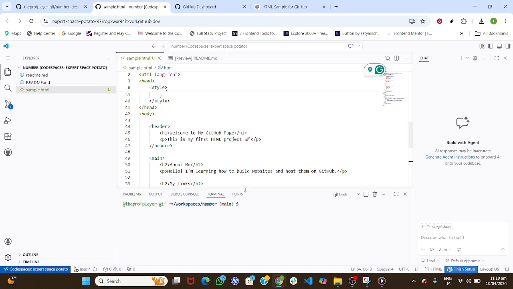A few quick tips as you finish up. Keep your file and folder names lowercase with no spaces for fewer path issues, and include an index at the project root if you plan to host it later. If your upload is large, give the web editor a moment to process all files before committing. And if drag and drop